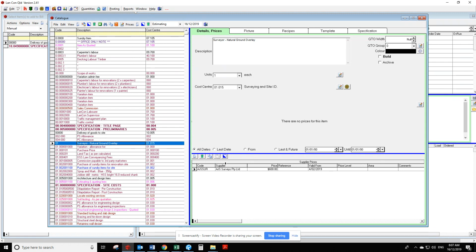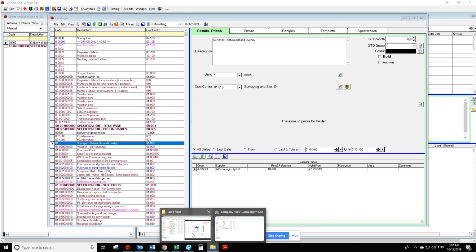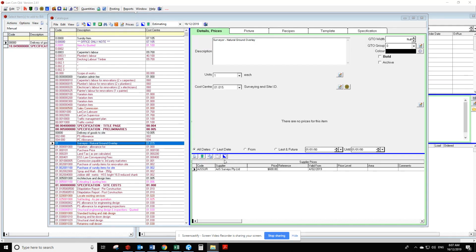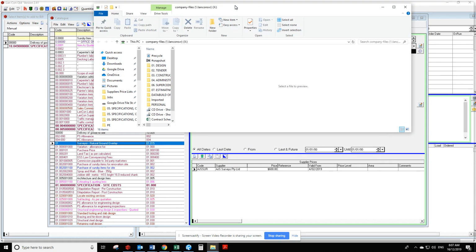With supplier pricing, we always save supplier pricing on the server so that if anyone ever questions when we've sent out a purchase order with that price, we'll always be able to send them a copy of the pricing that we received and why we put it in there. So all this pricing is saved on the server